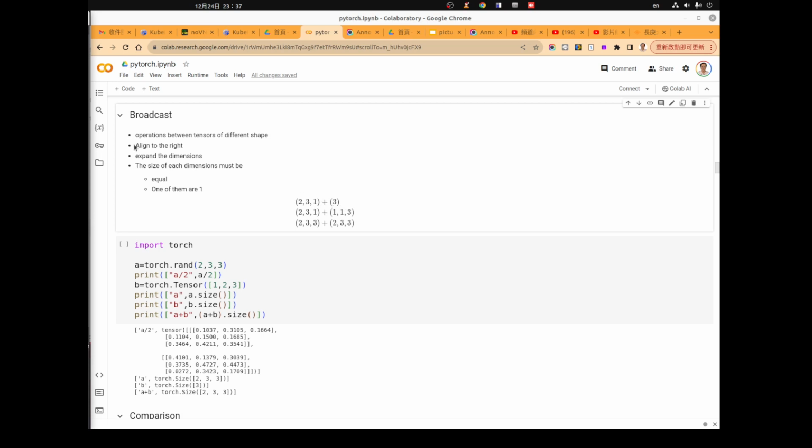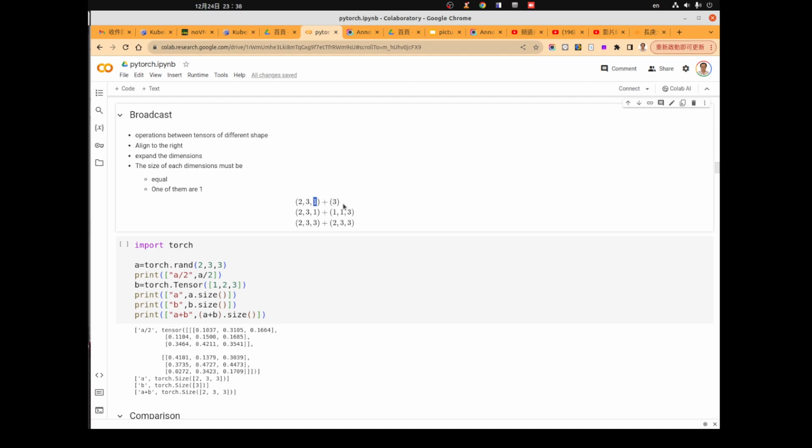According to the right-alignment rule, the 3 will match to the right-most dimension, the third dimension of the tensor. And since the size of this dimension is 1, we can just duplicate this one for 3 times to convert the 2, 3, 1 to 2, 3, 3, and then the 3 will match to the 3.